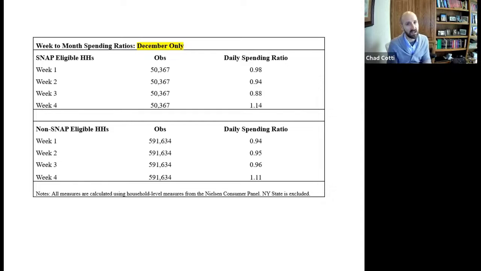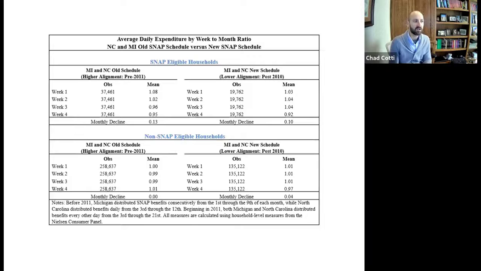One other thing that was interesting is that in 2011, Michigan and North Carolina both switched from a pretty early in the month schedule to identically more staggered schedules. So we actually can look at comparing Michigan and North Carolina to itself. And again, this is just descriptive, but you can see that when Michigan and North Carolina changed, their average spread went from 13% to 10%. But if you do an old-fashioned triple difference on this, you actually get a statistically significant difference. So even just comparing those households in that state to themselves.